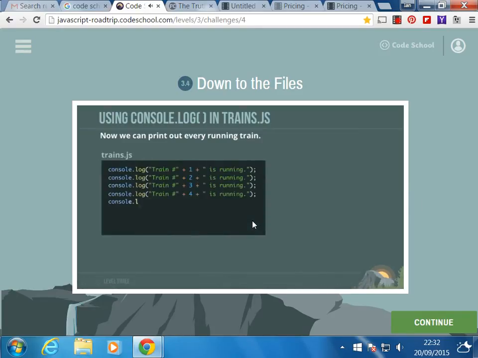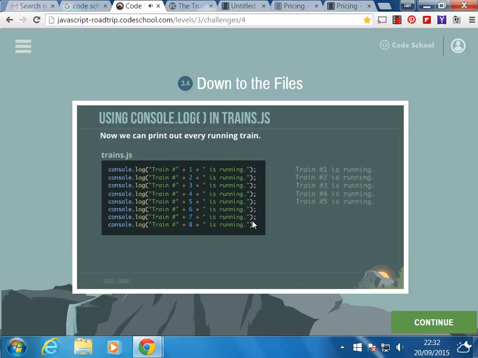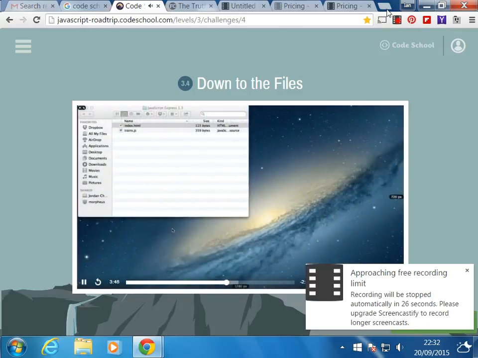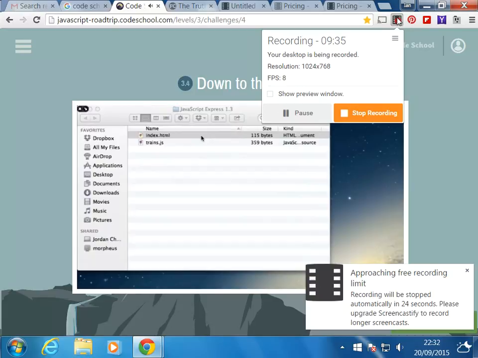Here's every last one of the running trains. Wow, and let's see what we get. Every single one prints in order, and we see exactly how many trains are running and which ones are running. So here we have our index.html